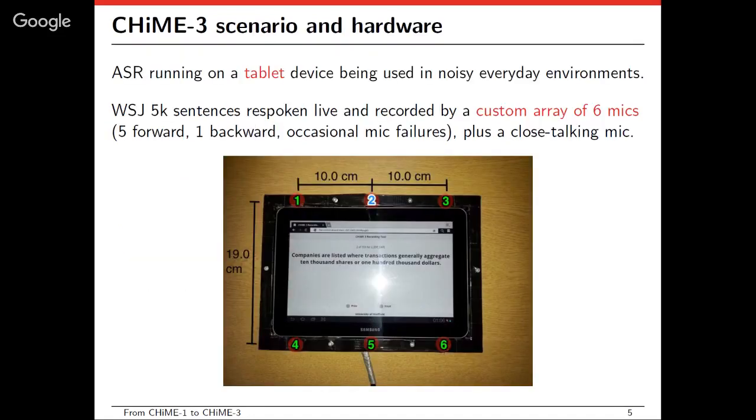So here is the hardware. The task that is being considered is ASR on a tablet device in noisy everyday environments. For that, we recorded Wall Street Journal 5K sentences that were spoken by humans in those environments and recorded by a custom array of 6 microphones, which was set around this tablet, plus a close talking mic. So the mics in green, 1, 3, 4, 5, 6 are facing forward, and the mic 2 is facing